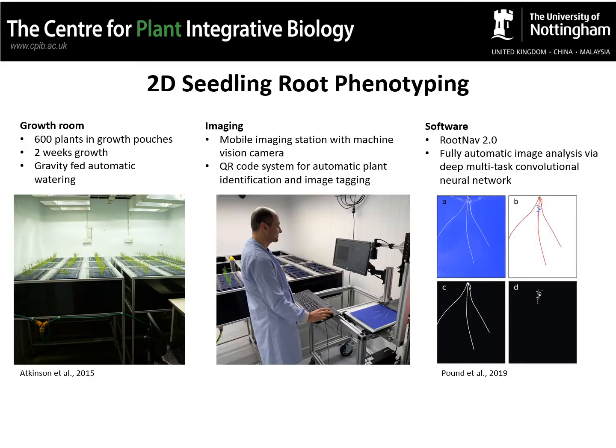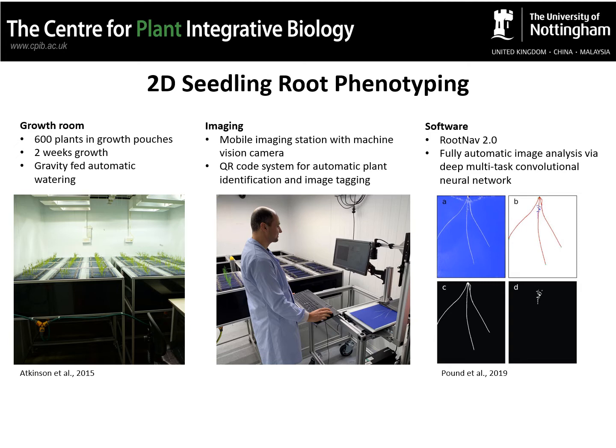So, as an example of one of the simplest systems in which you can image roots, this slide illustrates a very simple paper pouch based approach in which you can capture early seedling traits. They're grown on germination paper for up to 2 weeks, and you can capture very simple 2D root systems architecture traits to look at seedling